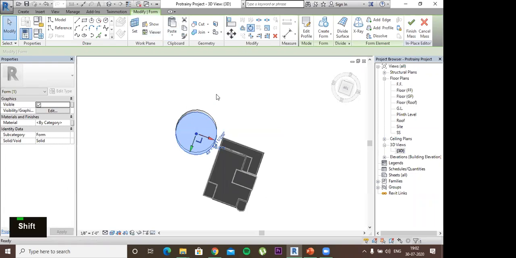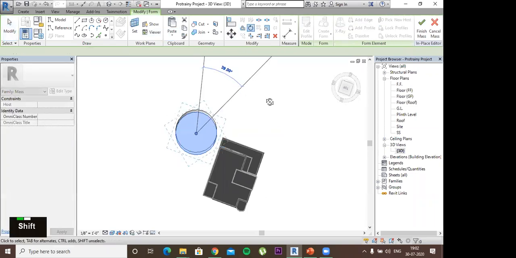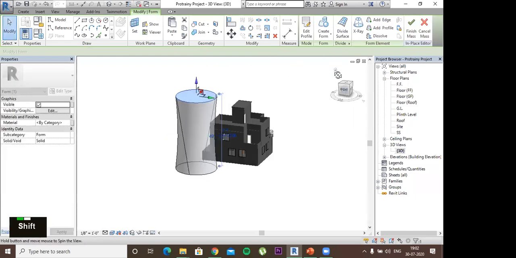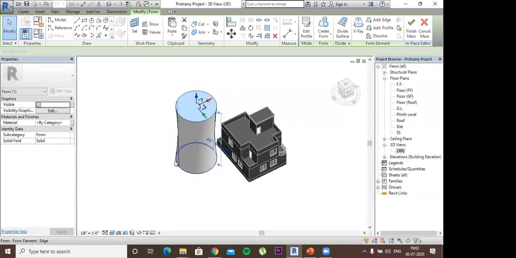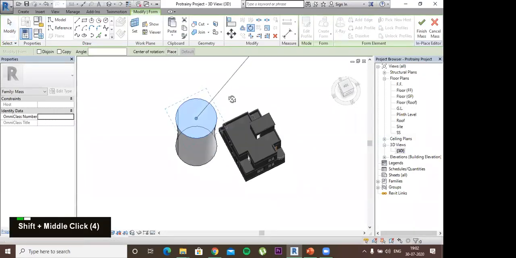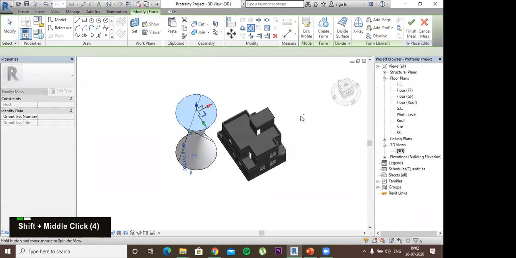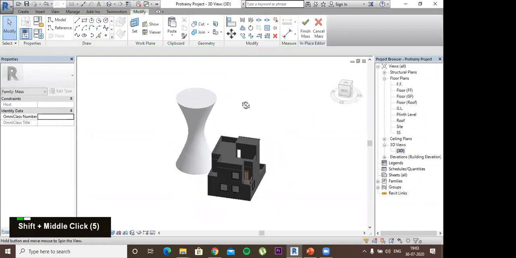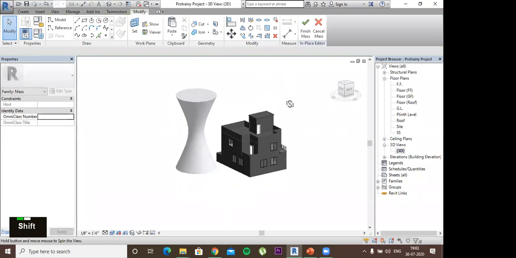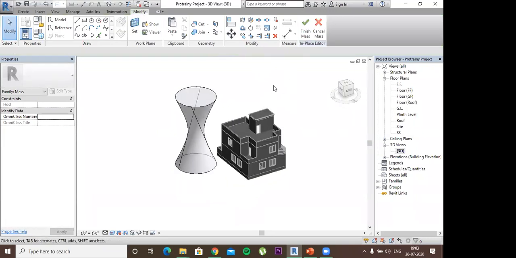If I rotate it more, I can see that the shape of the building has changed, because the base boundaries are the same, but the top boundaries are rotated. Now I can make different type of rotations and change the shapes of buildings like this. You might have seen a lot of commercial buildings of different type of shapes, and imagine how they are designed. So all those things are done by massing and site. Okay, so I'll just quickly delete this mass.